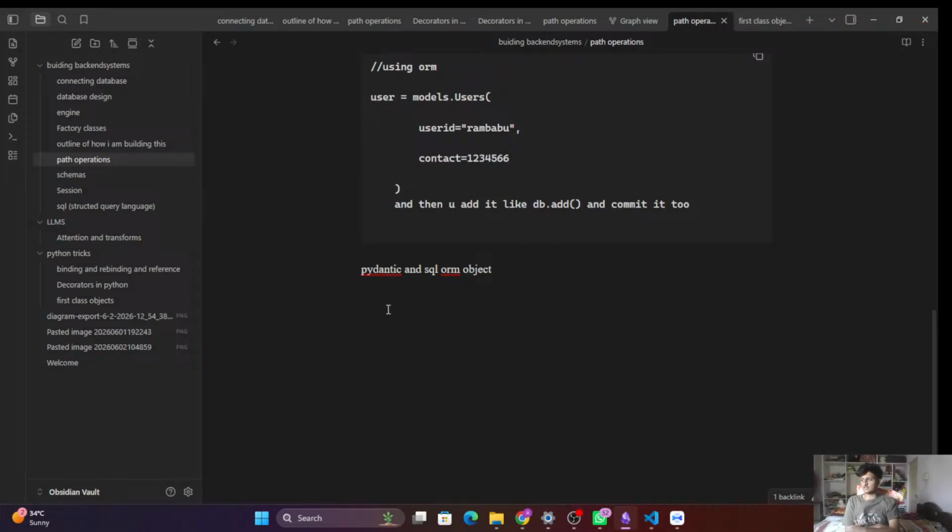So first of all, what we have to do is convert. Let me write it in. First off, what we have to do is to convert the Pydantic object into